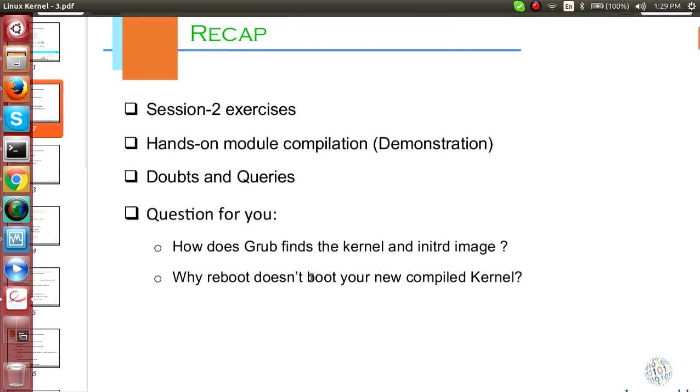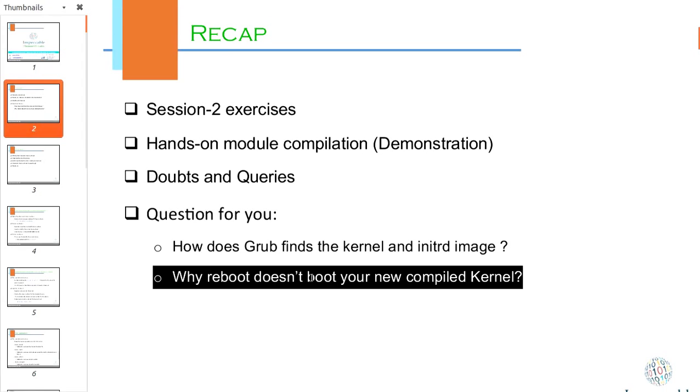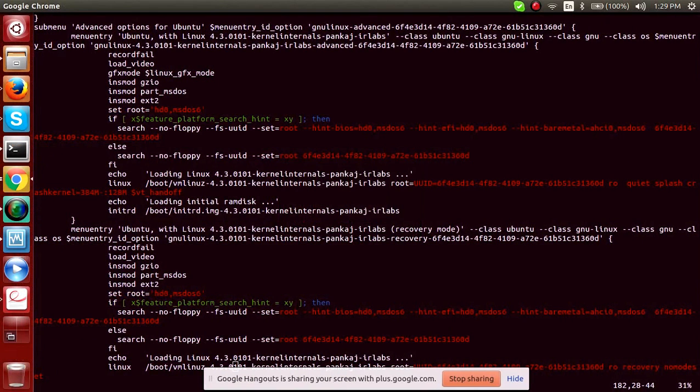When we were rebooting the system in the last class, we were not able to boot with our latest compiled kernel. We will have one kernel debugging class where we will cover crash tool, kexec, and kdump, so you will come to know why it didn't go to the grub at all.